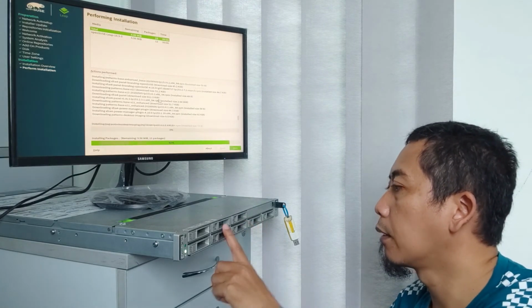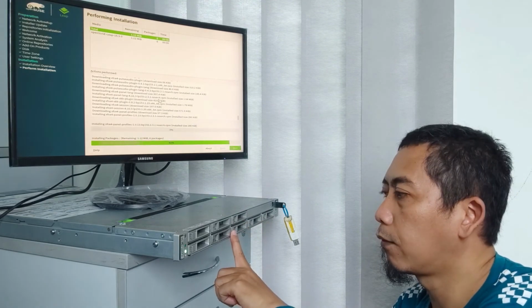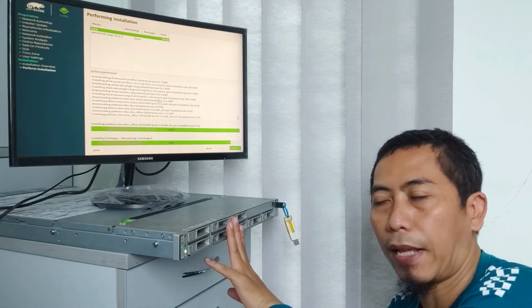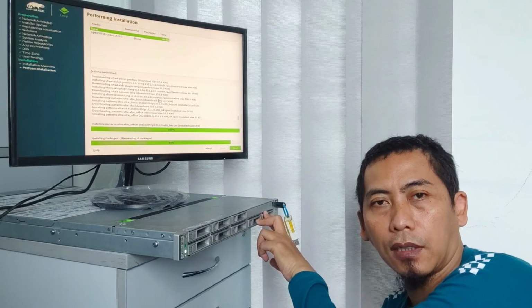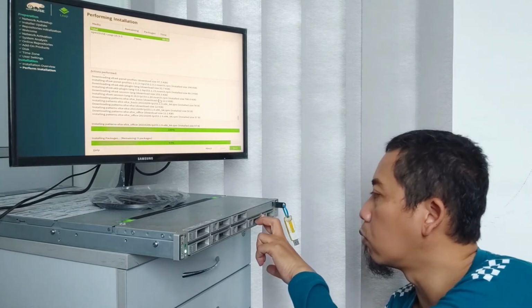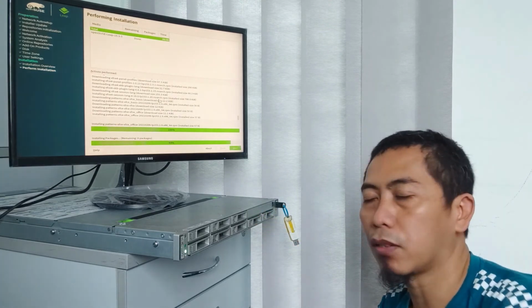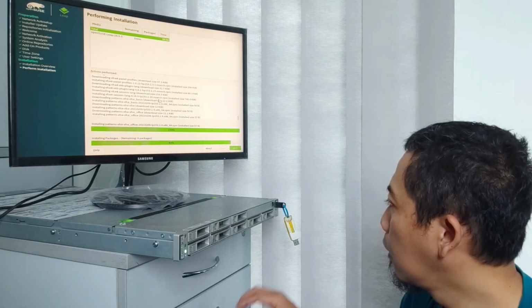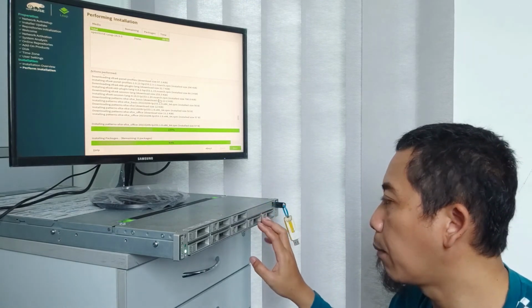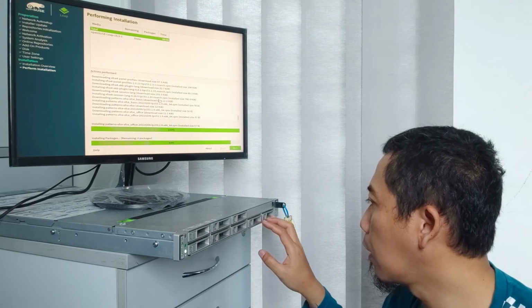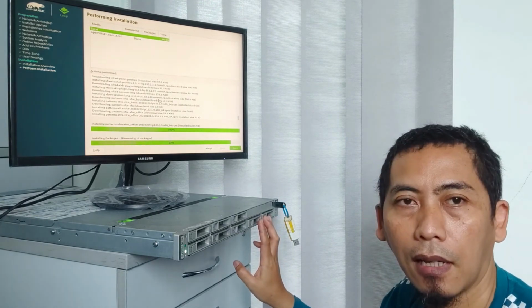This is the blank we still have left. I'm not sure it is also available to insert on this, because I read in the PDF that if you have this you're not able to install on this side, but I will try later on.